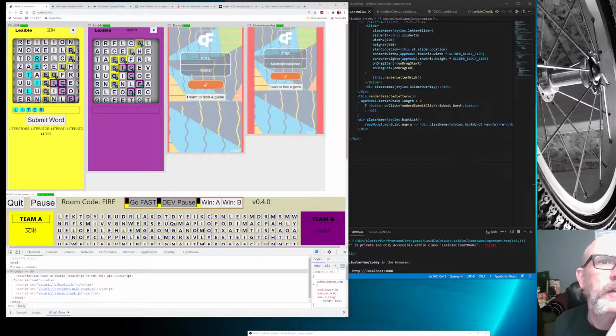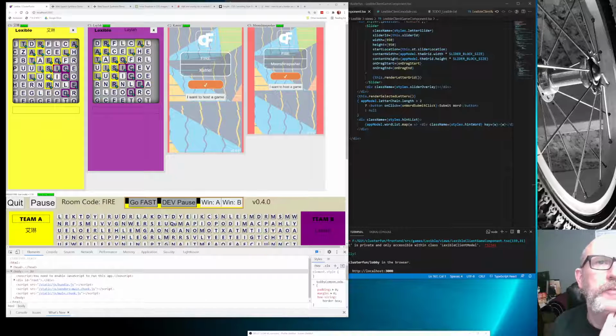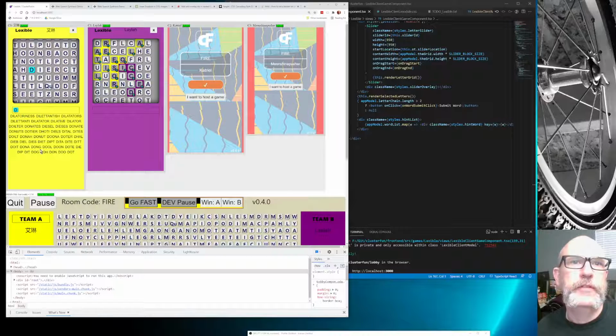L-I-T-E-R. I'm looking for an A, but there's an A. A-T-O-R-S. So, Literators. There's 10s there, but we didn't capture that S back. Anyway, so that's the idea. It's like you're trying to capture things, and the dynamic of the game is different if you have the hints. The hints are going to help you